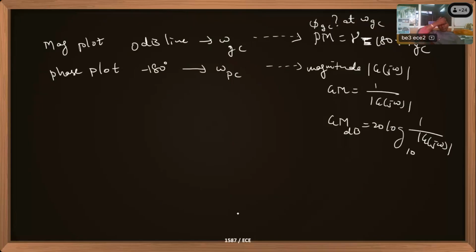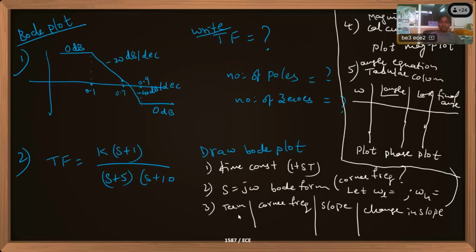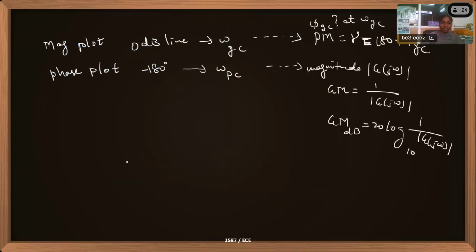They will not give much depth or something like this, maybe in the internal class test. But the previous questions you can follow. Previous questions: calculating time constant, and if a transfer function is given, calculate the corner frequency. They may give the corner frequency also.